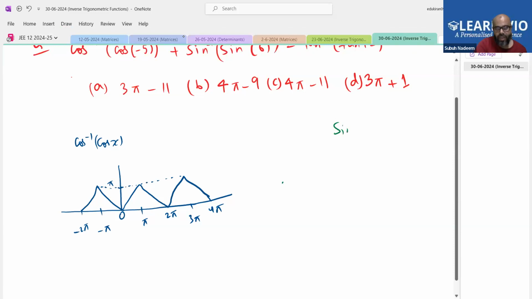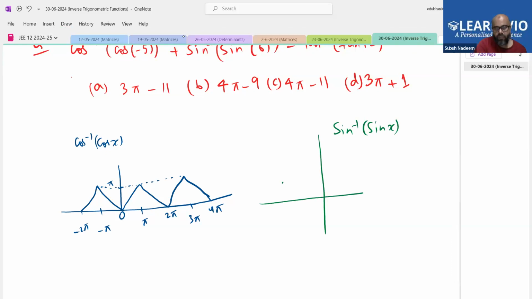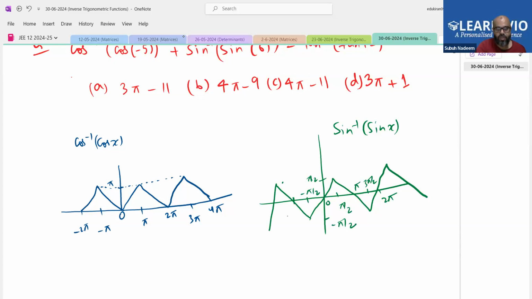Similarly, sine inverse sine x, if you come across, the graph would be like this. This is 0, this is pi by 2, this is pi, this is 3 pi by 2, this is 2 pi, this is minus pi by 2, this is minus pi, like this. And the tan inverse tan x graph